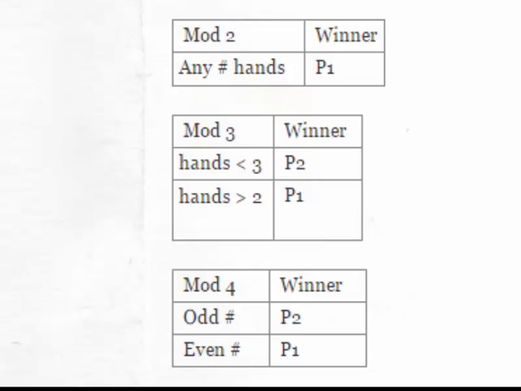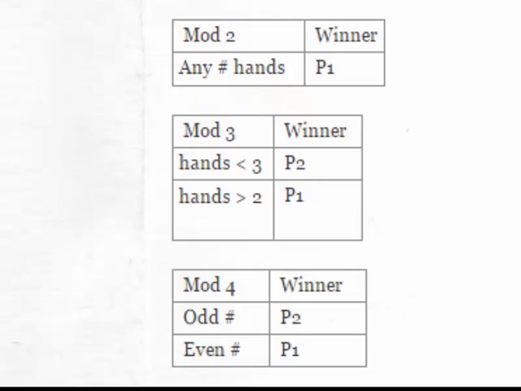Next I looked at mod 4, and saw that with any odd amount of hands, player 2 would always win, and with an even amount of hands, player 1 would always win, which looks similar to what would happen if there was always 2 hands and we changed the mod. I believe these results may be due to who gets the first hand from the other player out, which could contribute to who would win a lot easier, because once you have one more hand in the opponent, you have